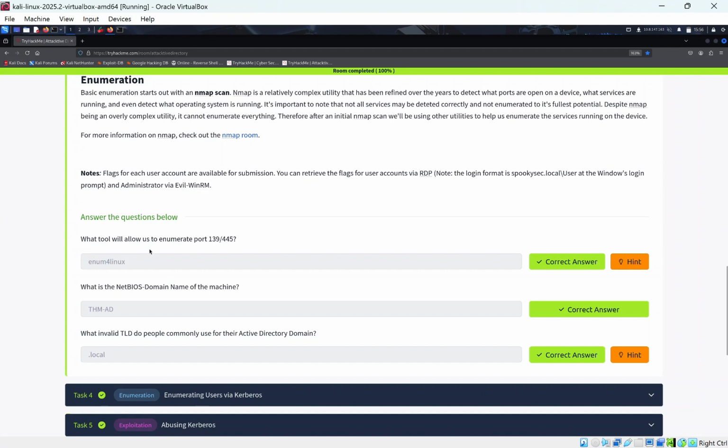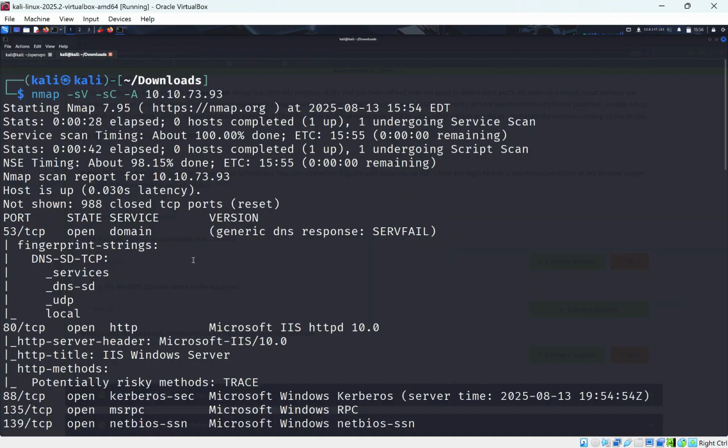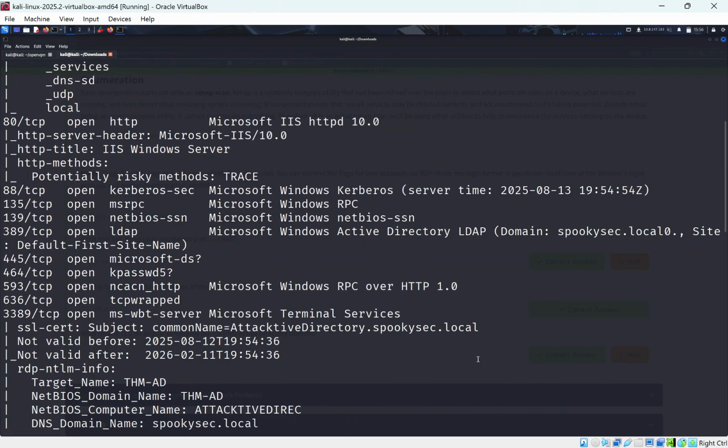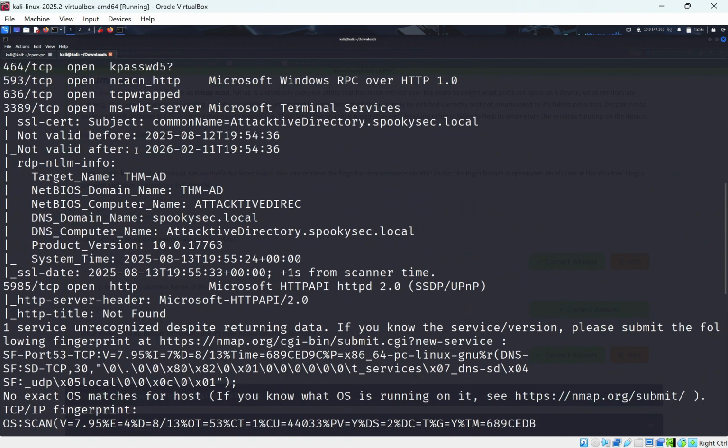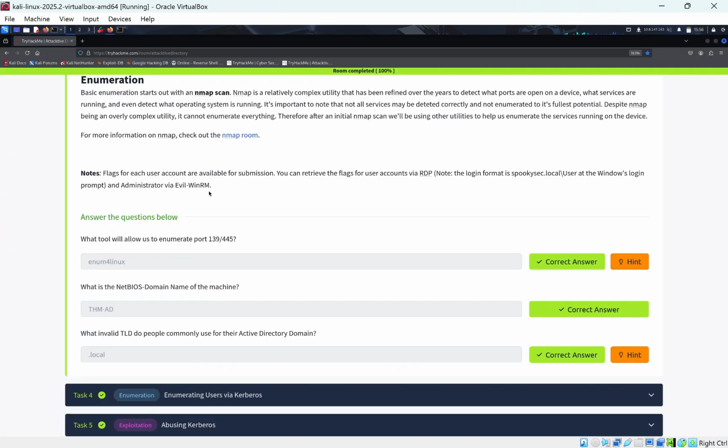So we can see the first question here: what is the tool that will allow us to enumerate 139 and 445? It's enum4linux. And we'll have a look at my nmap scan for this tool here. So if we scroll down for a bit and check out NetBIOS, it'll be here. NetBIOS domain name is